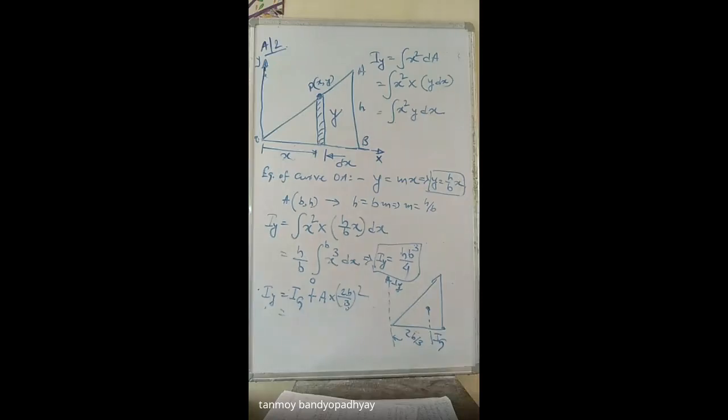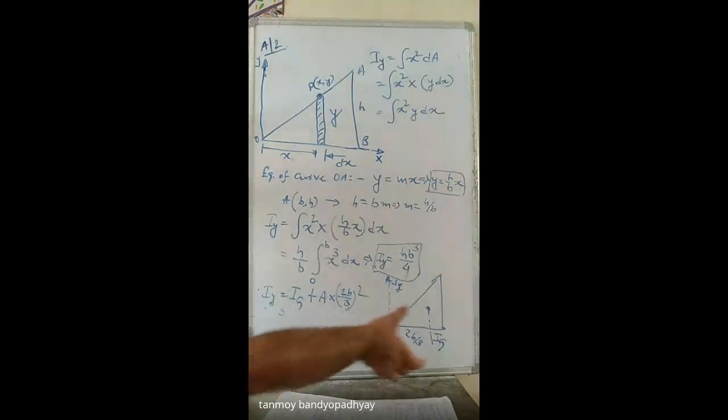So problem number A5, I hope you can do it by yourselves. Look at A5, we did it last day. You just have to apply it about the points A and B. So at the points A and B, initially for a semicircle we have calculated the moment of inertia. This you have calculated using bh cube by 36.